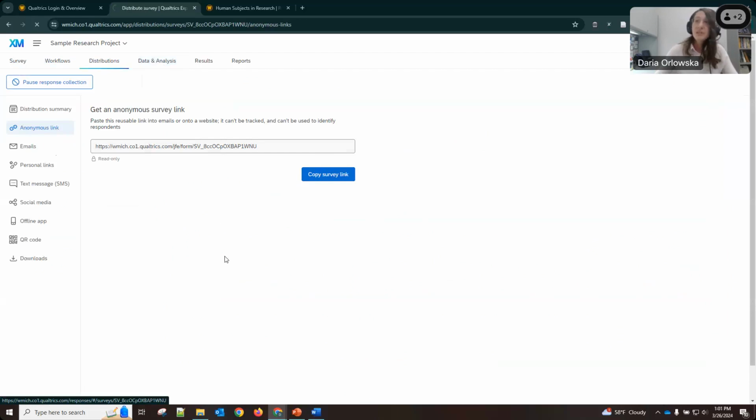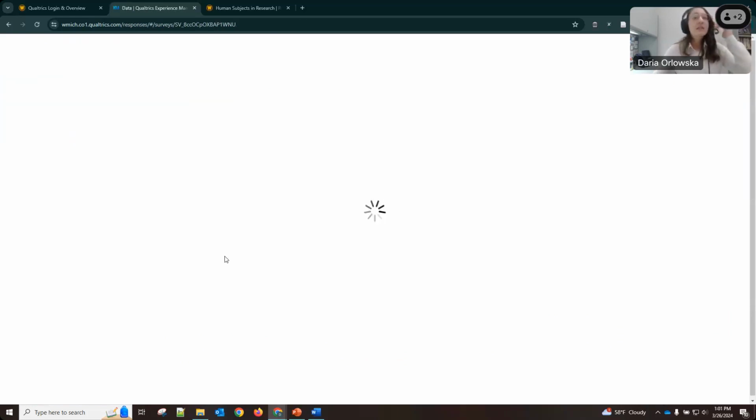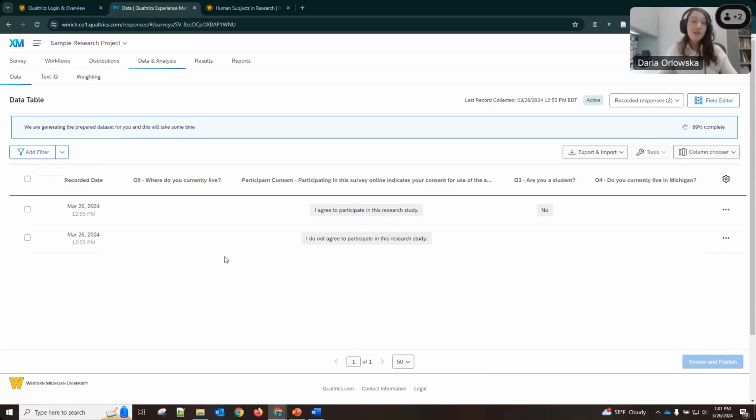Next, we want to go into data and analysis. This is where you would typically export your results. However, when you are previewing your survey and logging answers, it will actually record those responses. So you will want to make sure that you delete these responses before you share this survey with anyone, just so you don't get confused that this is not a participant, this was just you testing.